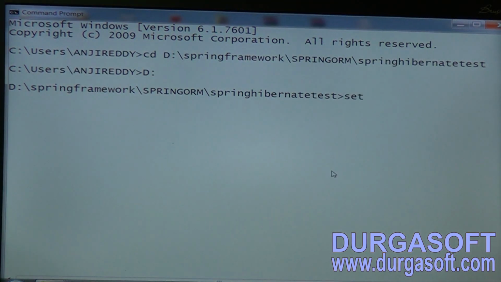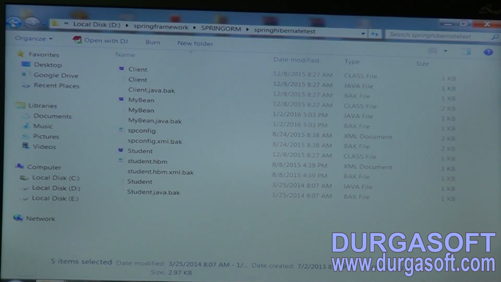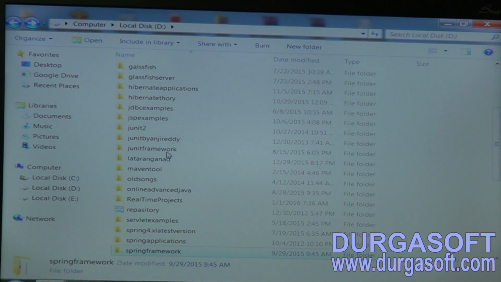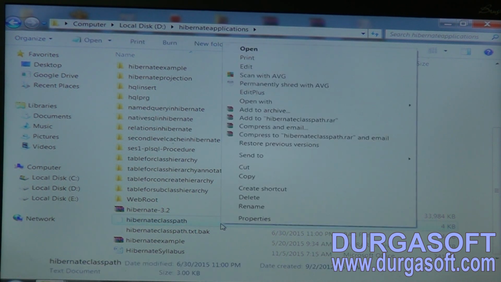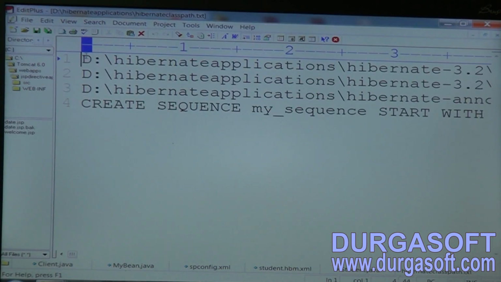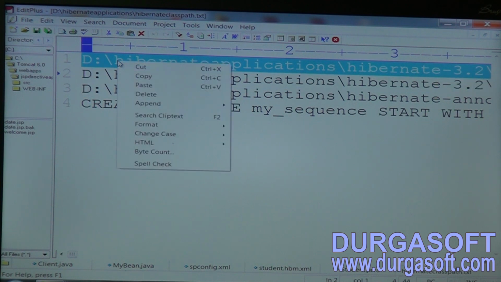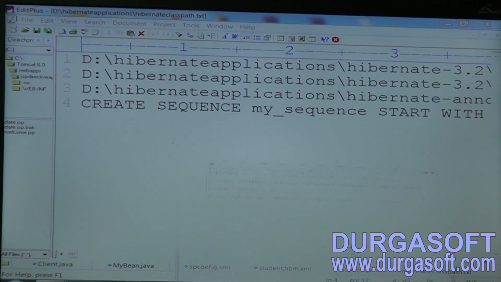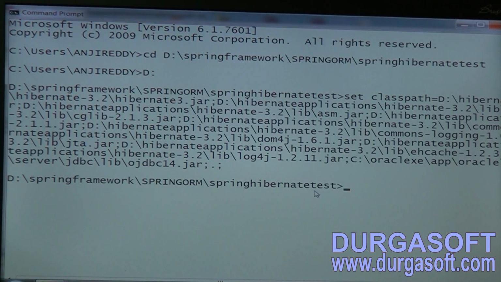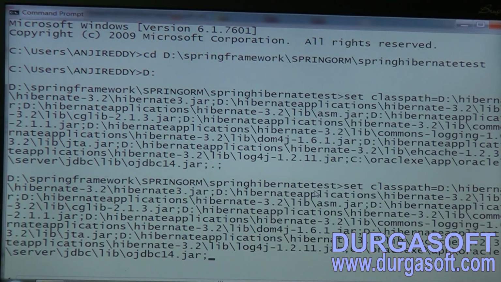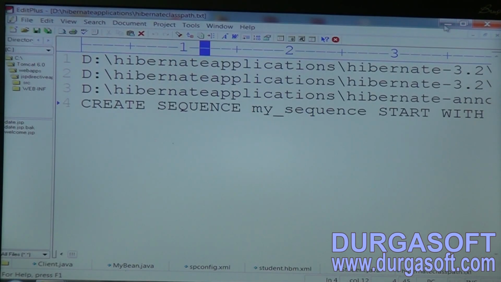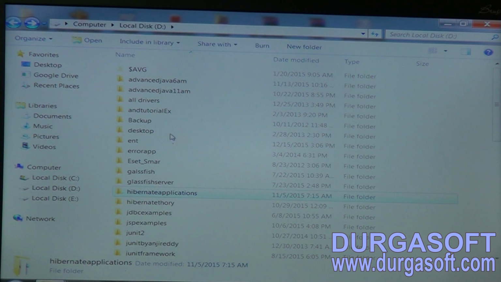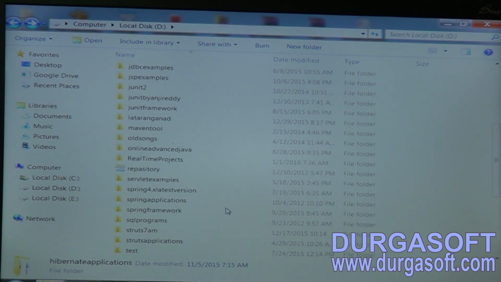Now set classpath equal to; we need to set all the jar files. I set some path here. We have to take the Hibernate applications. Under that Hibernate classpath, we can take this total path, all these jar files, copy and paste here. And apart from these jars, we have to take the Spring jars, the Spring framework.